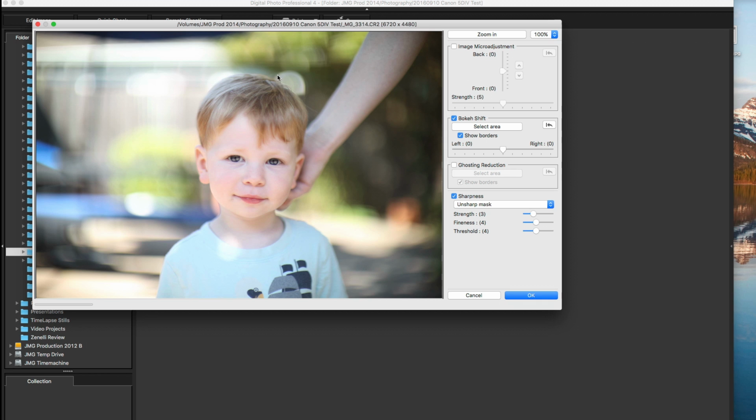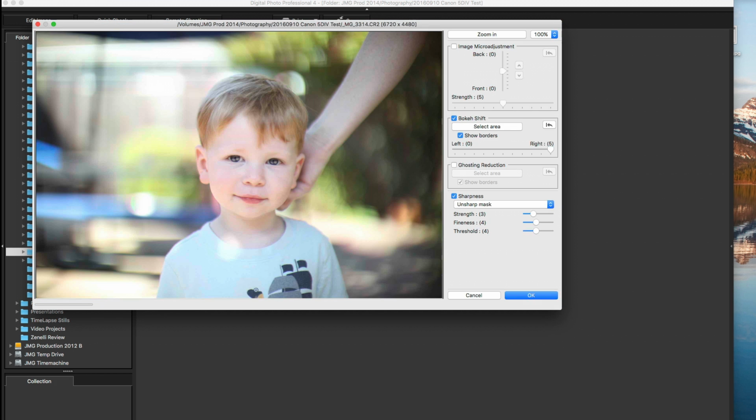And what you'll see is if you don't like the bokeh, like right over the head, or there's something that's distracting to you, you can actually go in and adjust the bokeh to the left or the right, and it will shift over. And if it's in the center, it's back to normal. So again, I'm going to make an animated GIF out of this, and I'll put this all the way to the left, take a quick screenshot. I'll move it all the way back to the center, which is where it was before. And then I will move it all the way back over to the right, and you can see how the